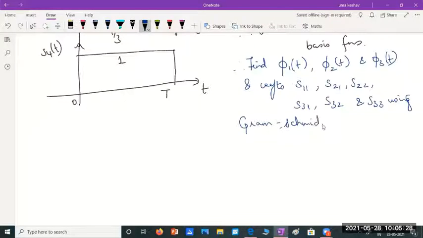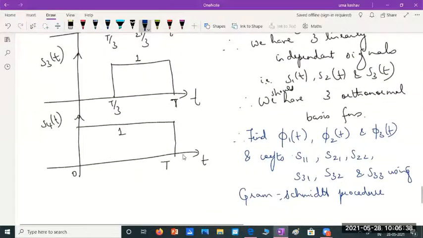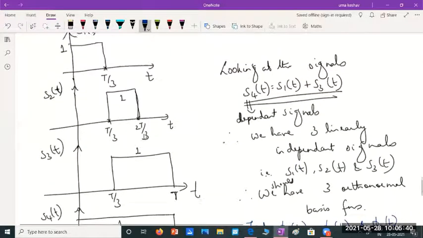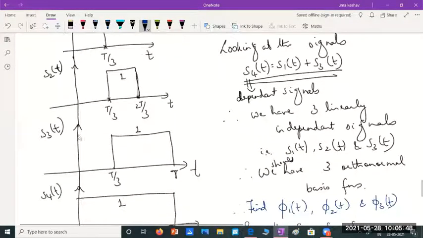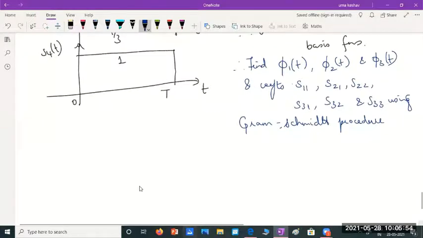Remember, this is what we have to do. Understand this procedure clearly once, and you can easily apply it to any other problem. And the fun of it is that instead of finding the integral directly using the mathematical formula, we can find the integral as the area under the curves. It will become easier. So let's start off.